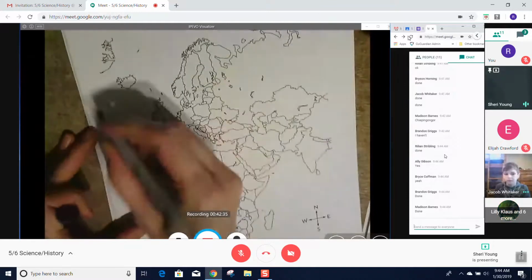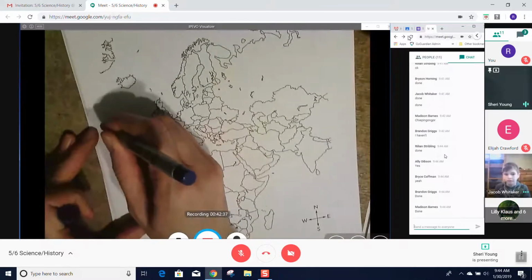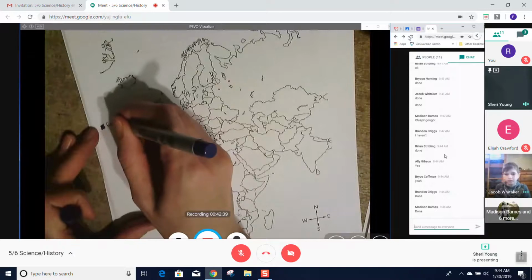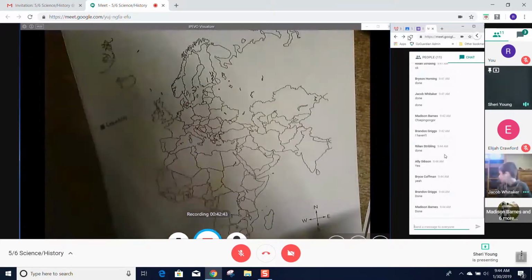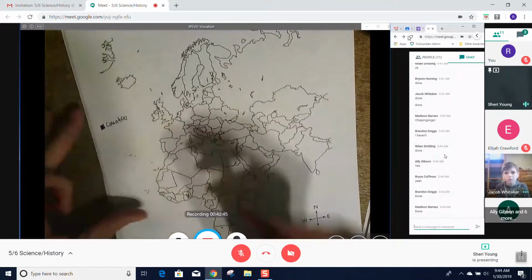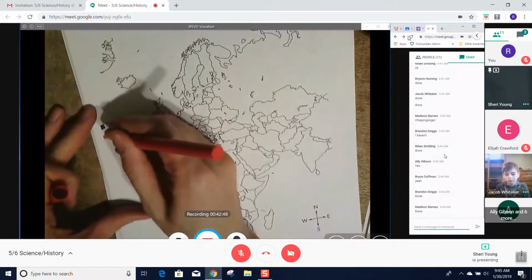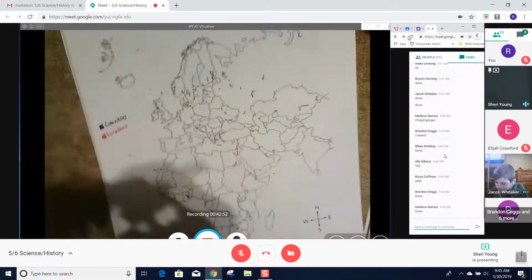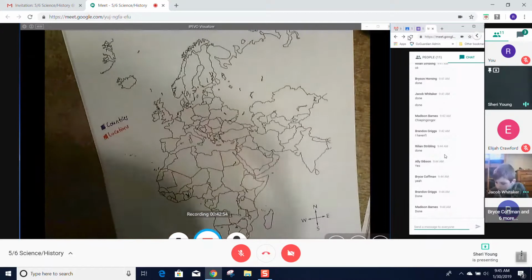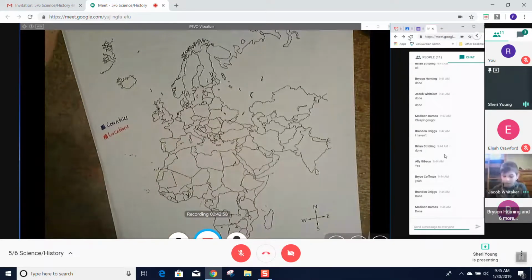Again, for me, I'm going to do purple. And these are my countries. I'm going to do red for locations. And again, if you don't have the colored pens, just use colored pencil. This one, you're going to need a third color if you happen to have one. And this one might be a good one for a colored pencil. So I'm actually going to grab a colored pencil too.